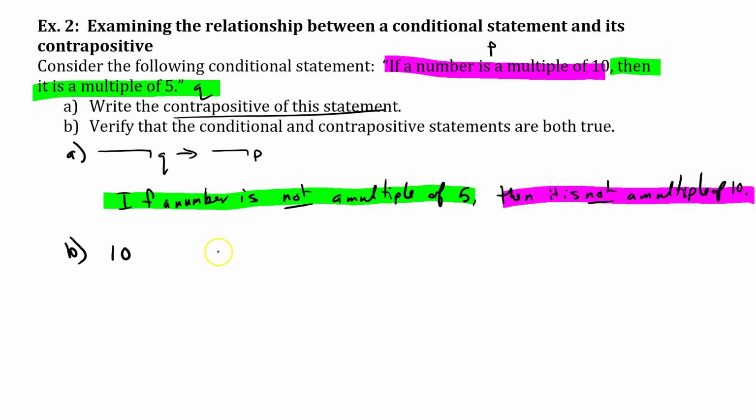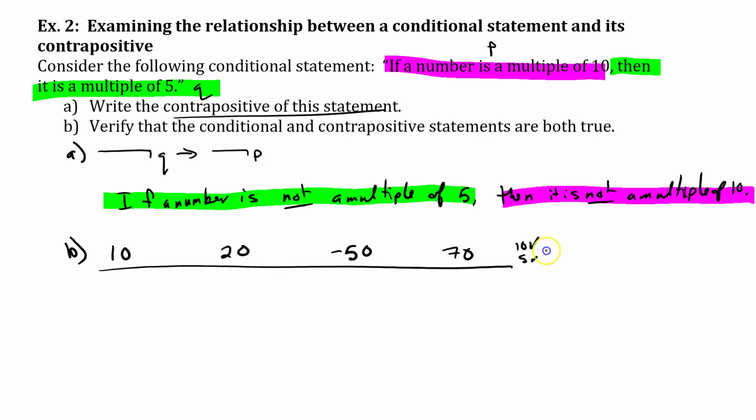10, 20, negative 50, 70. All of these are multiples of 10. So we start with a multiple of 10, and all of these are actually a multiple of 5. So this is true. The way that we could express it as a Venn diagram, we can say that all